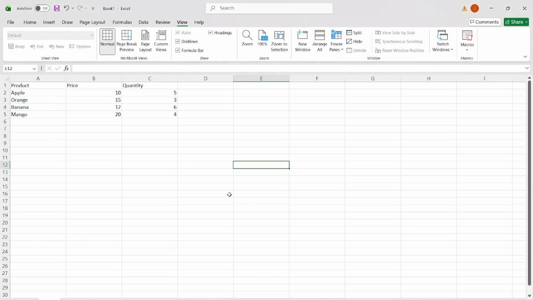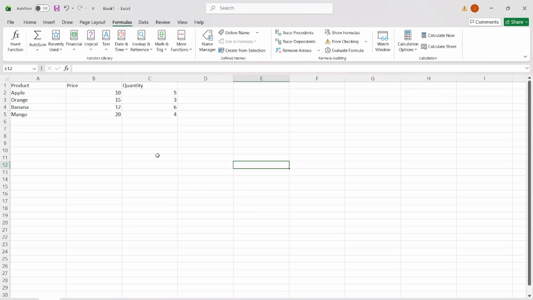In today's video, I am going to teach you how to keep the title row from scrolling in Excel. If you have ever scrolled down a spreadsheet and noticed that the column headings disappear off the top of the screen, you already know how annoying it can be. When your data is long, it becomes harder to remember what each column represents. Freezing the title row solves that problem by keeping the top row visible while you move through the rest of